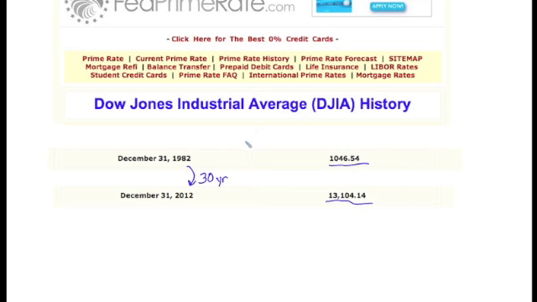So I want us to think about this as if it's continuous compounding, which again, it really isn't, because the Dow Jones doesn't get to change on Christmas or New Year's Day or Sundays, because there's no stock market trading on those days. But we'll consider this continuous